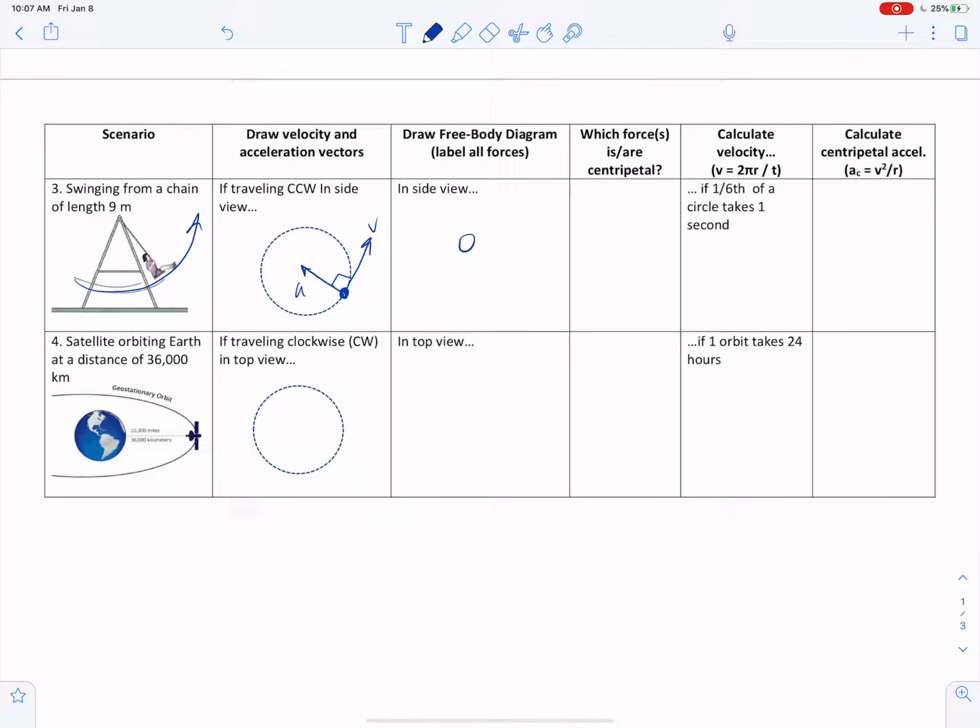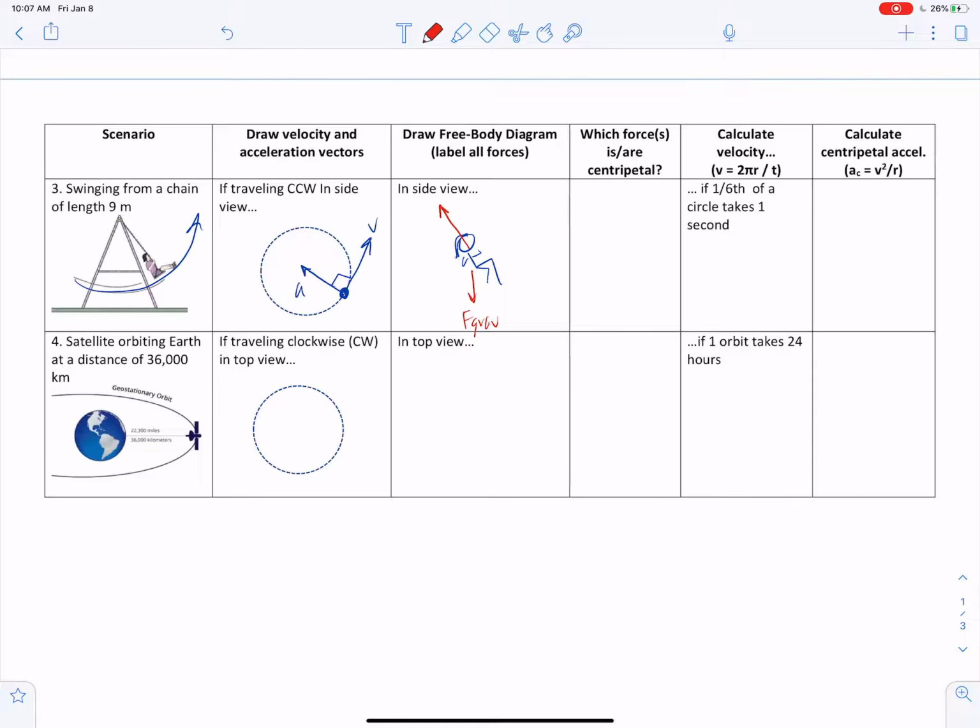So here's the girl swinging, and she's experiencing a few forces. First of all, she is experiencing the force of gravity, of course. And then there's got to be something that's pulling her into this semicircular path, right? Well, that force is this way,